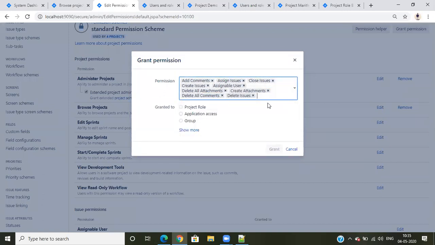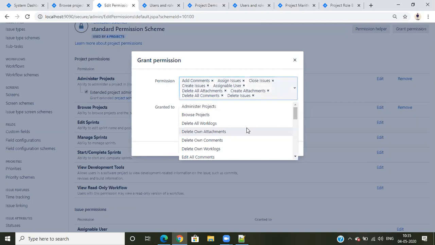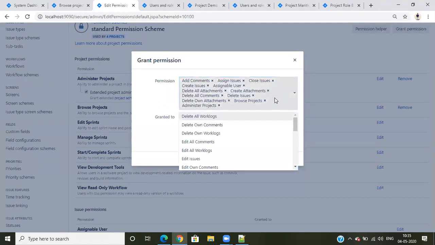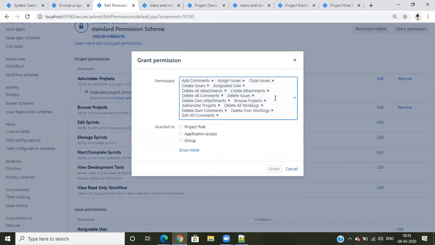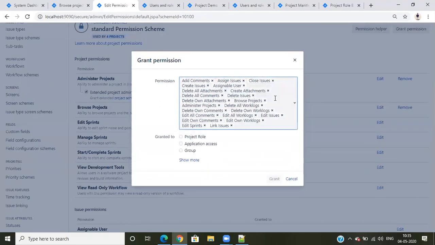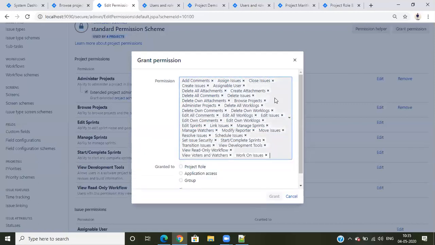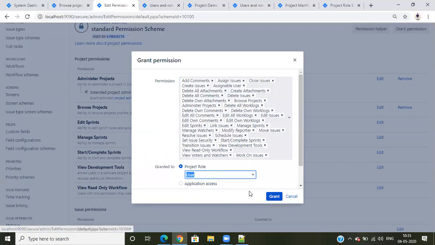That's all. Okay. So in all places, for project roles, I'll select users first.